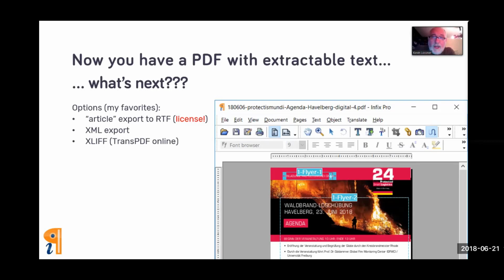The second way of getting the text out of the PDF file and into a format where you can translate it effectively is to use the local XML export feature. And some people who are familiar with the third option may wonder why I prefer that. I was told some time ago that the XLIFF export is actually more accurate. I'd never done a one-on-one comparison to see if that's really true, but the somewhat neglected XML export that nobody seems to talk about much